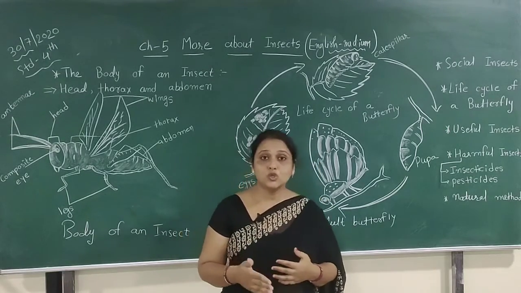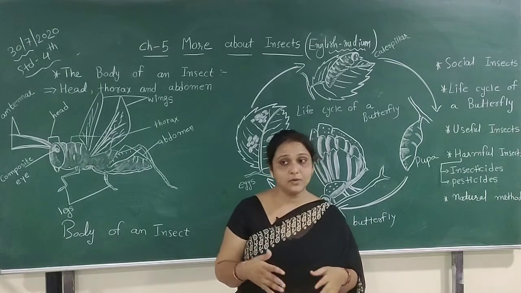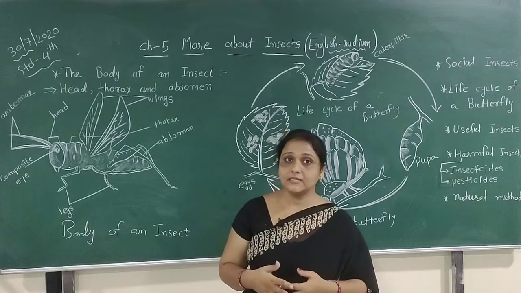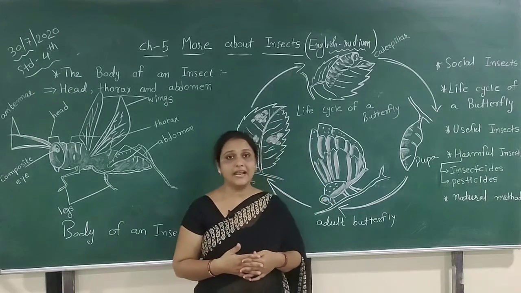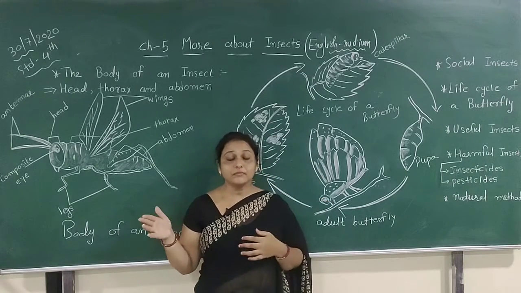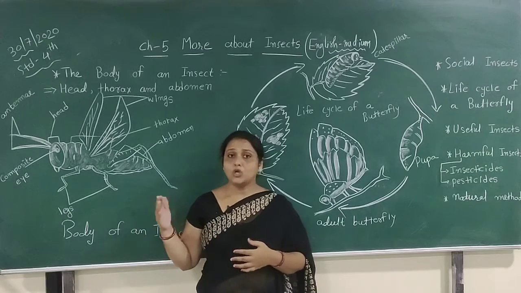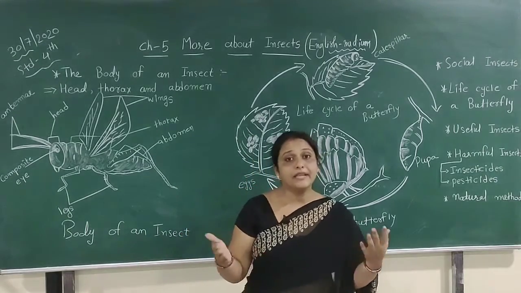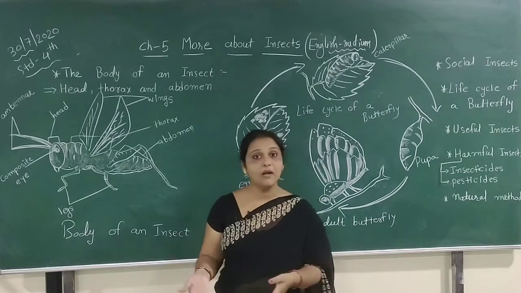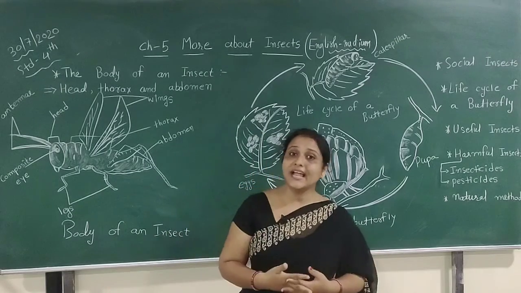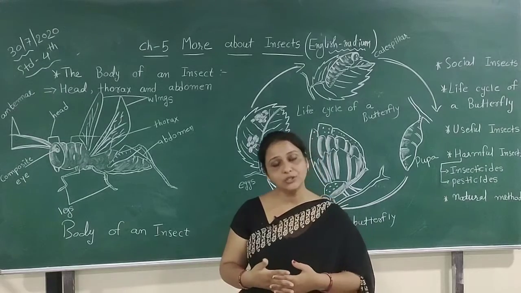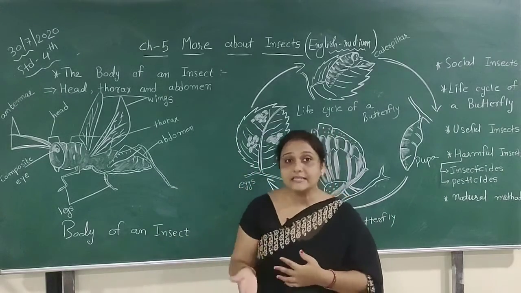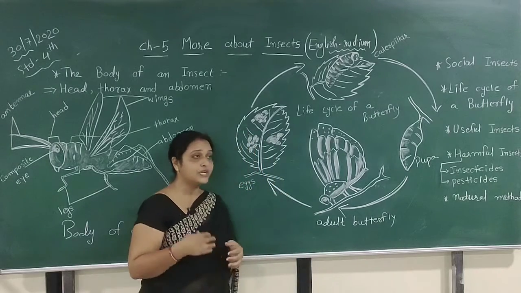Then after, they also eat different types of food and lay out the seeds at many places, so we can also get different types of plants. Then after, some other types of useful insects are available. For example, honey. We can also get honey from the honeybees. Then after, we also get silk from the silk moth. So we have different types of insects which are useful in our life.